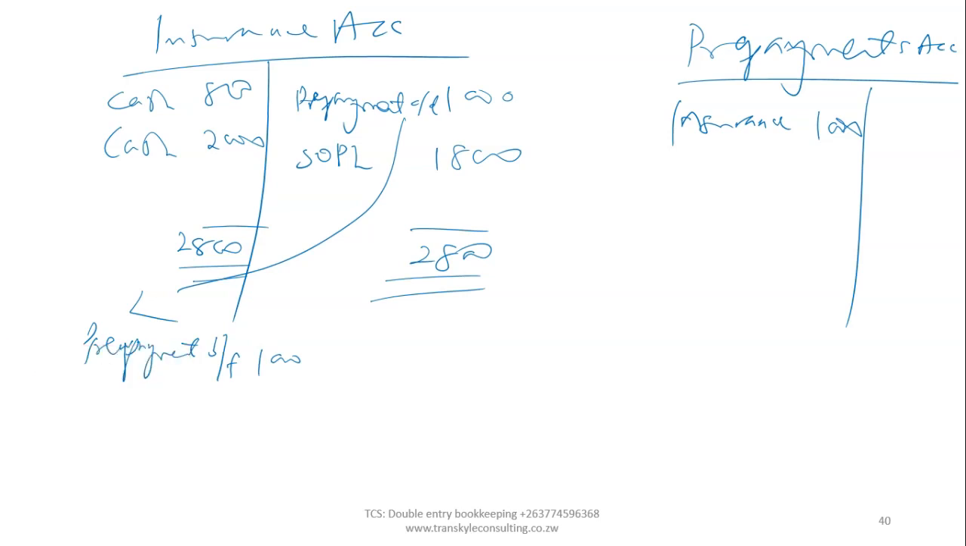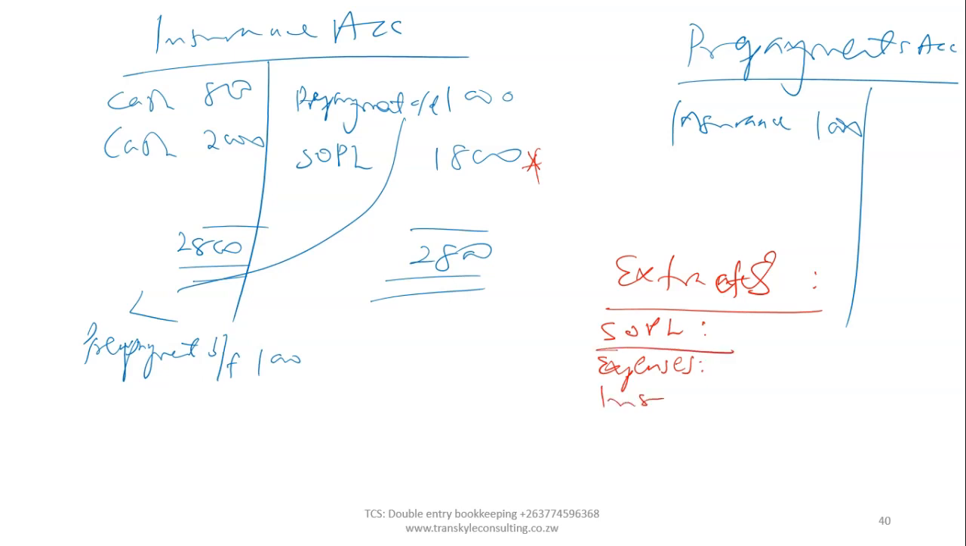SFP, the extracts. Statement of profit or loss expenses. The expenses which we are going to record are these ones for this year only. Okay, where we are saying insurance. The insurance